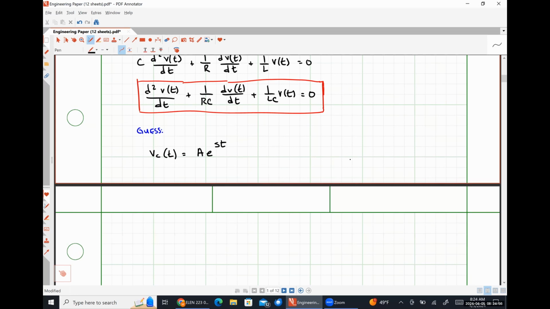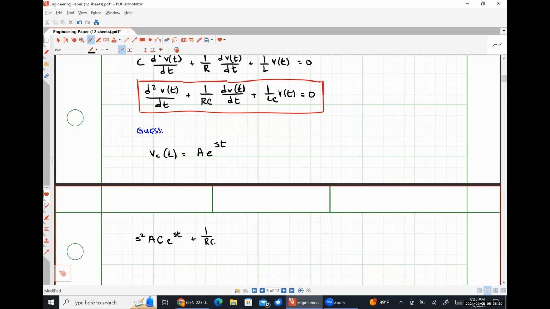So if we assume this for our capacitor voltage, let's go ahead and do the math explicitly here, okay? So the second derivative of A e to the st is going to be s squared A e to the st, right? So we are going to have s squared A e to the st